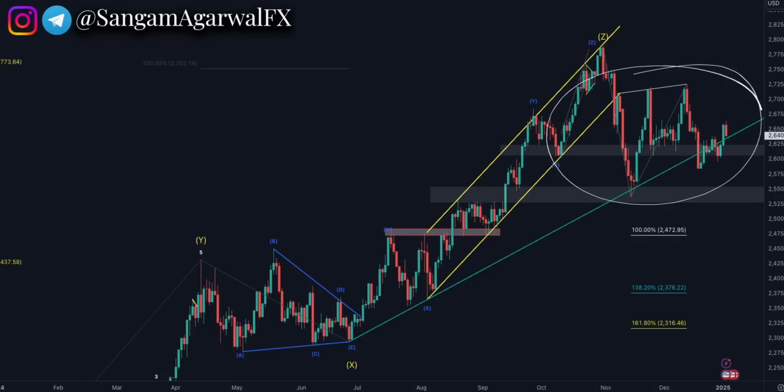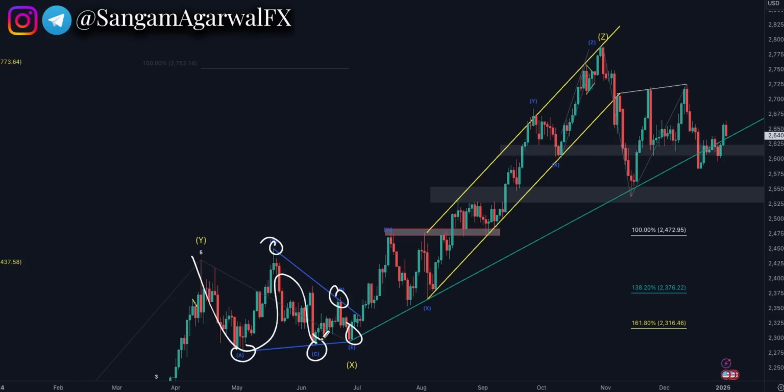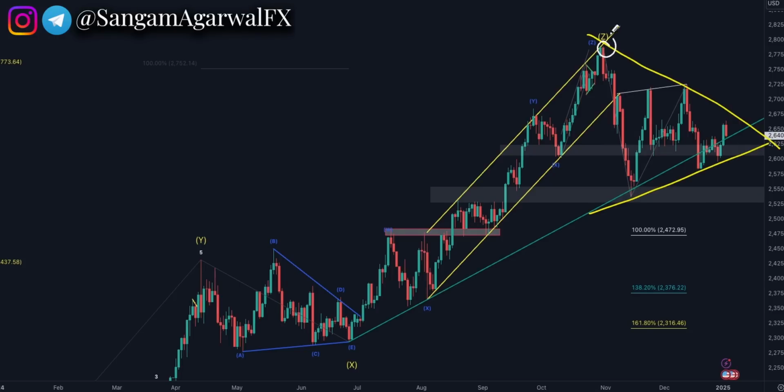If we see the daily chart, then same like this time last year when gold made a triangle chart pattern, a sideways correction, the same thing gold is doing again. It is making a possible triangle chart pattern. Your upper trend line was already tested 2 times and the lower trend line tested 3 times. So just a few more days, or you can say big news this week, then the breakout is ready and it is coming. For scalpers and new players, wait for breakout on retest. You can start trading again.